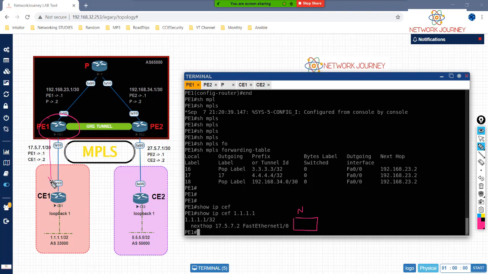When you see the destination, there's no label. So it's very clear when it was sent with no label, the first provider router is gonna add the label, the second provider is gonna swap the label to 17, and then the provider is once again gonna take out the label and push it to the destination. Okay,